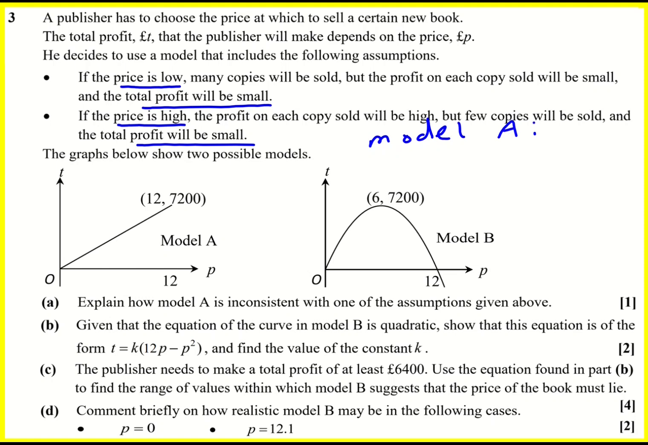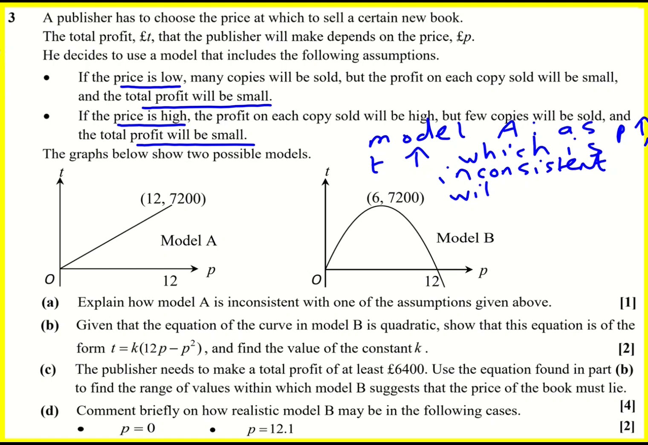Well, in model A, as the price increases, the profit increases, which is inconsistent with the second assumption. So something along those lines. You could also say model A predicts if the price is high, then the profit is high, which again is